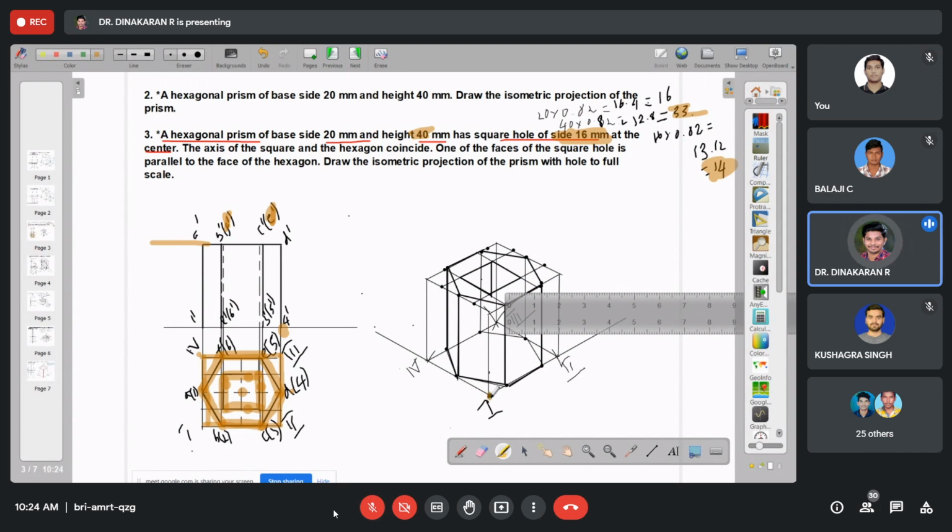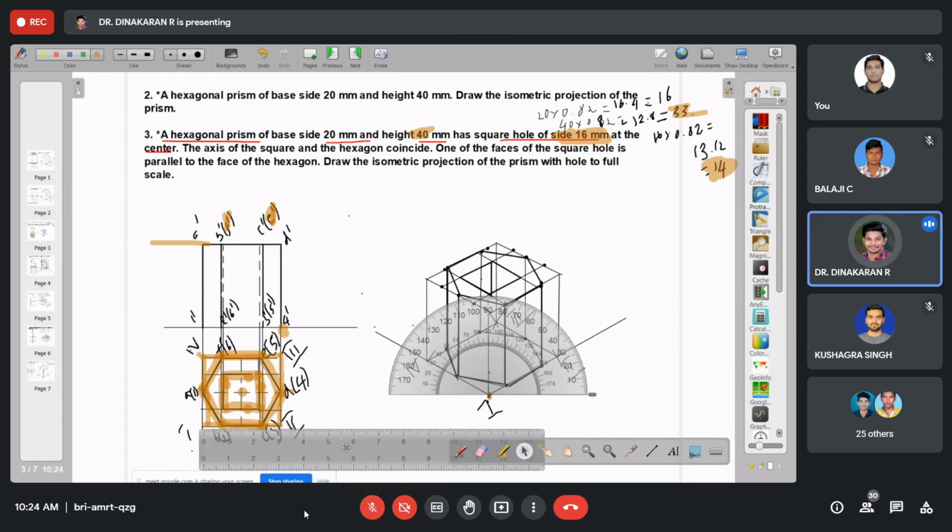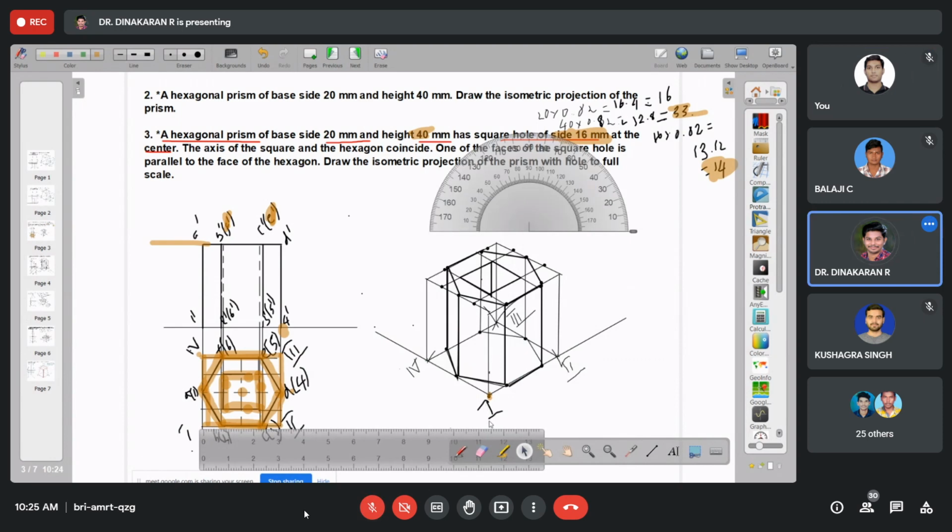Draw first, mark a point 1. The angle is how much? Draw a 30-degree angle on both sides. After that, draw and extend this 30-degree line, and this line is also a 30-degree line. Then measure the box. Place names as 1, 2, 3, 4 or whatever you want, or Roman or capital letters, whichever is an easy method for you.